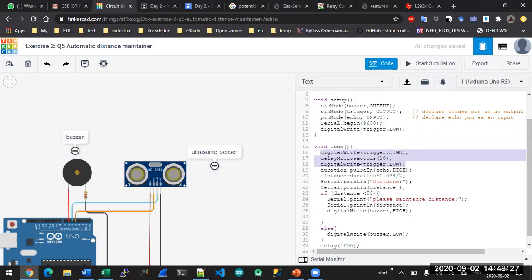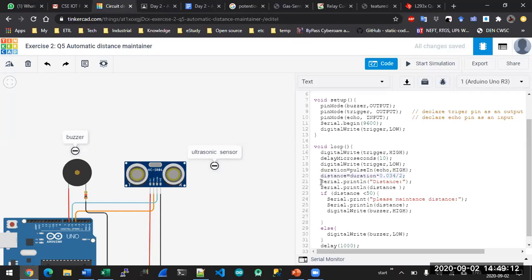And then we are checking the duration of the echo pin with the pulseIn function. So how much time it is taking for the high signal. So we are getting that duration and converting it into distance. Like, distance equals speed into time. Duration is in microseconds, and the speed of sound is 340 meters per second. Now we are calculating distance in centimeters. So we can rearrange the formula like this and divide by 2 because it is using sound waves, and it is first transmitting and going to the object and reflecting from the object. So that means it has taken double the time. So we are dividing the time by 2.